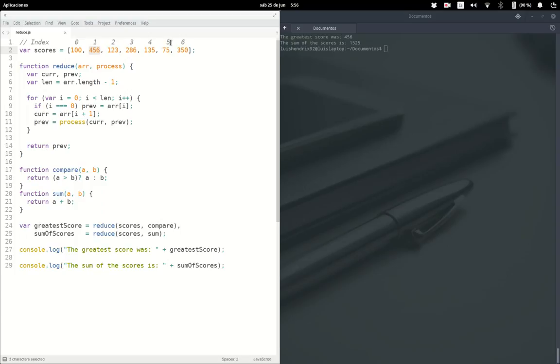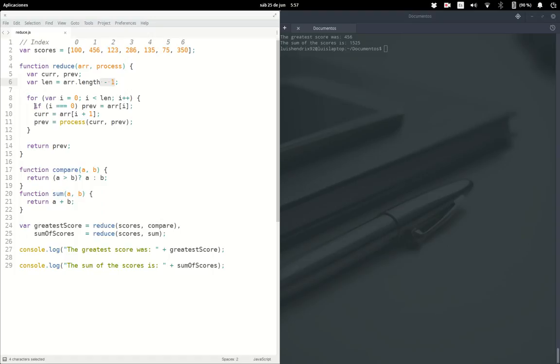We're going to keep going, and we're going to need to stop here and not here, because then current will be undefined, and if we process previous as undefined and process an operation with current, which is undefined, we can get some nasty stuff like not a number, or still get something but not what we expected. So we subtract 1 from the length, so we loop, we start from 0